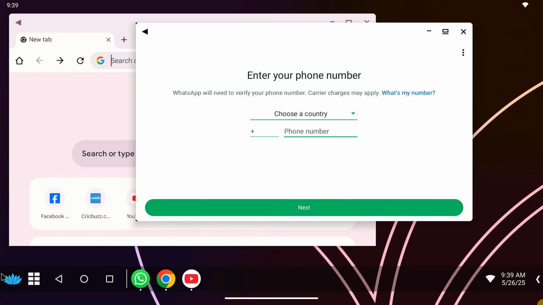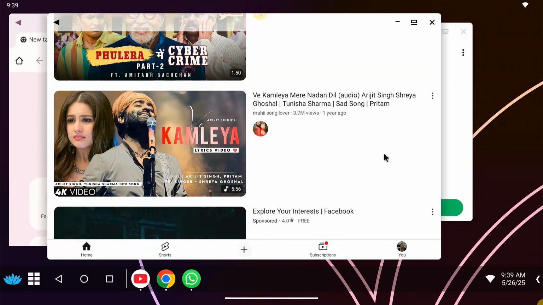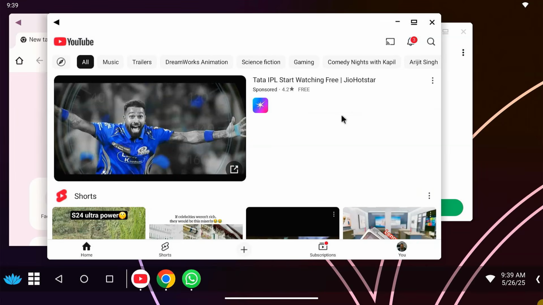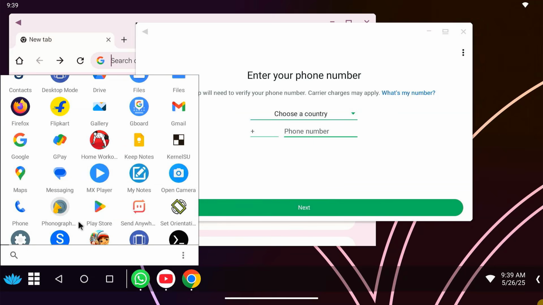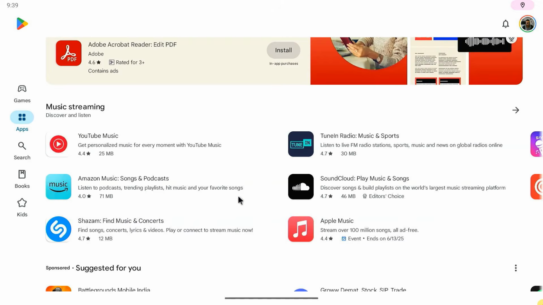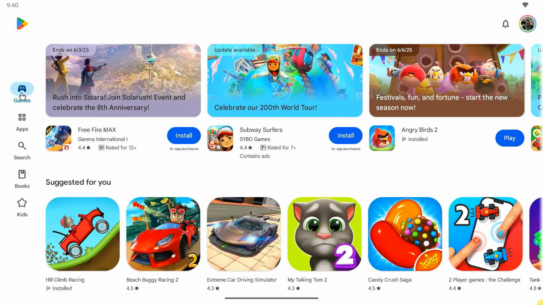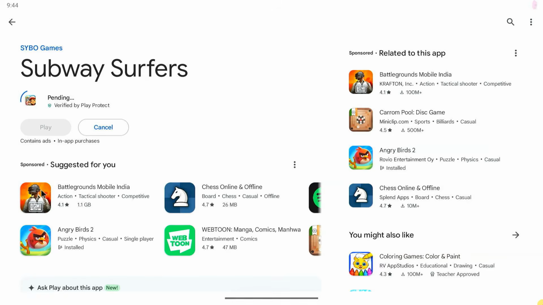The interface feels responsive, and multitasking works just like it would on desktop items. Web browsing is fast, apps open quickly, and everything runs efficiently, even on older hardware. The Google Play Store is fully functional, giving you access to millions of Android apps and games. Whether you're using WhatsApp, watching videos on YouTube, or exploring productivity tools, the experience is seamless.